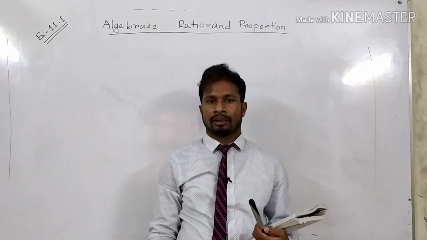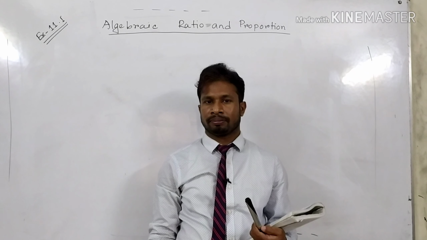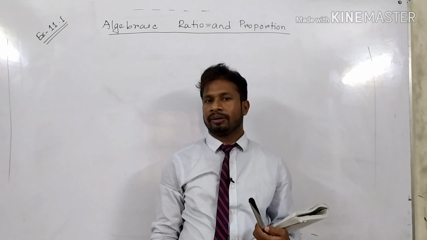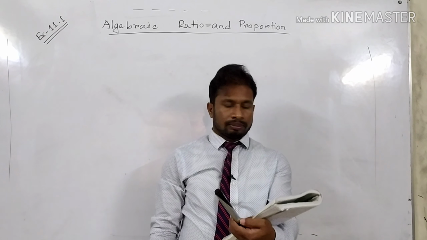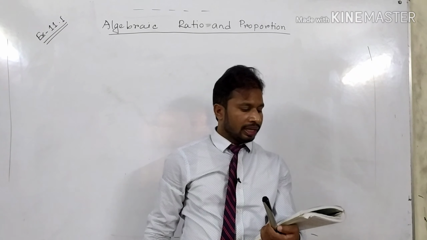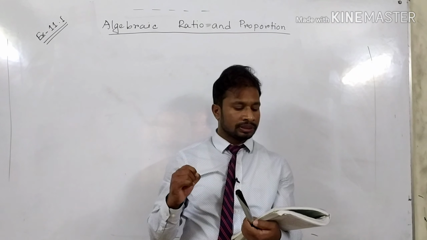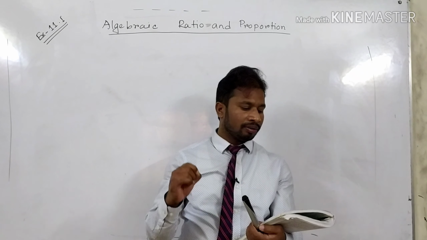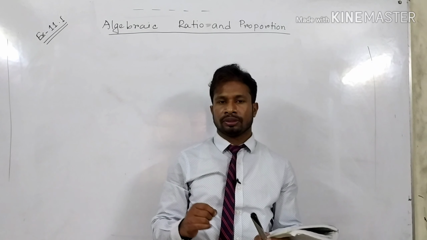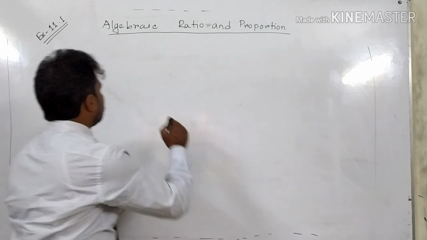Now I am going to solve some problems from exercise 11.1. Problem number 1. If the sides of two squares are a and b meter respectively, what will be the ratio of their areas? So question number 1, see,